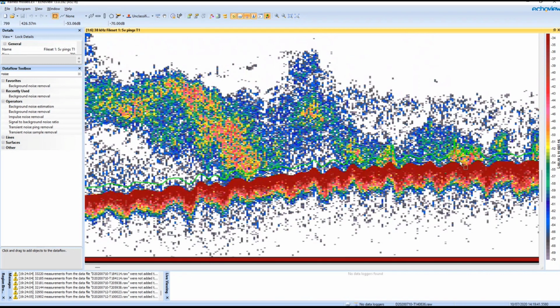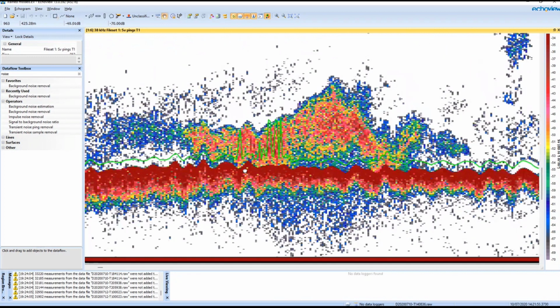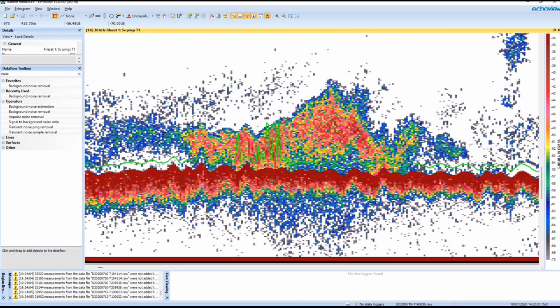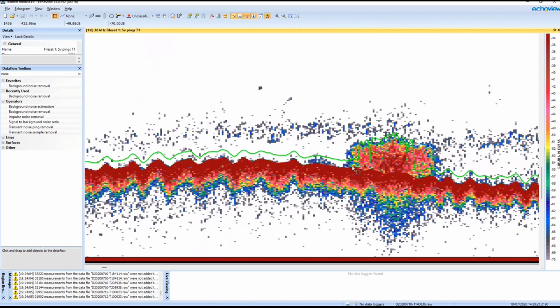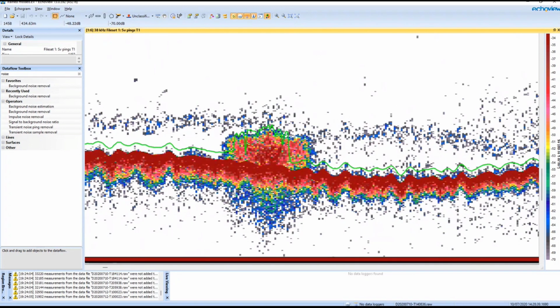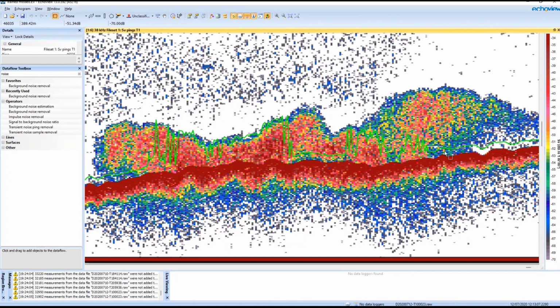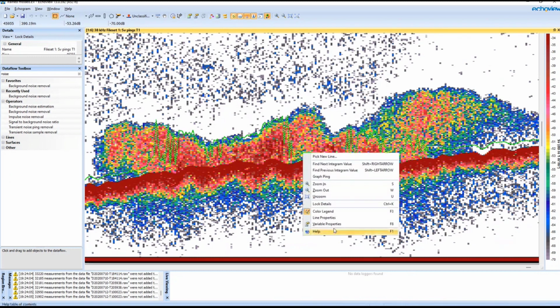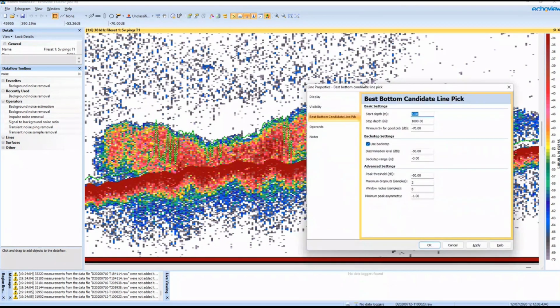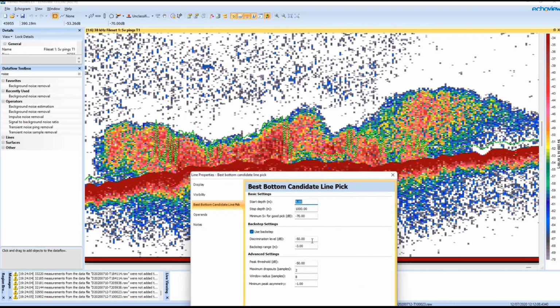The distinction's not too bad, could be better. And when we get to areas of data where there's a much stronger school, the results of our exclusion line are not very good. If I was to analyse this data without editing this first, I would be underestimating my school population here. Very much so in this case, and so on. This is a virtual line. This algorithm has properties, settings to configure, quite a few in this case. It's a bit complicated. What we can do is try and improve our results here.